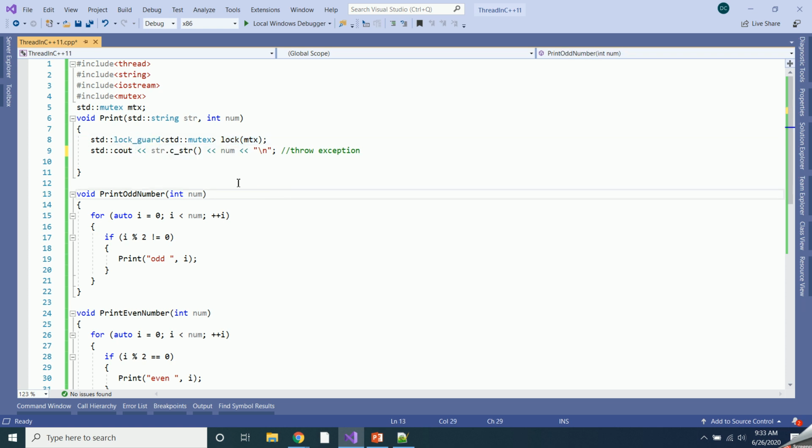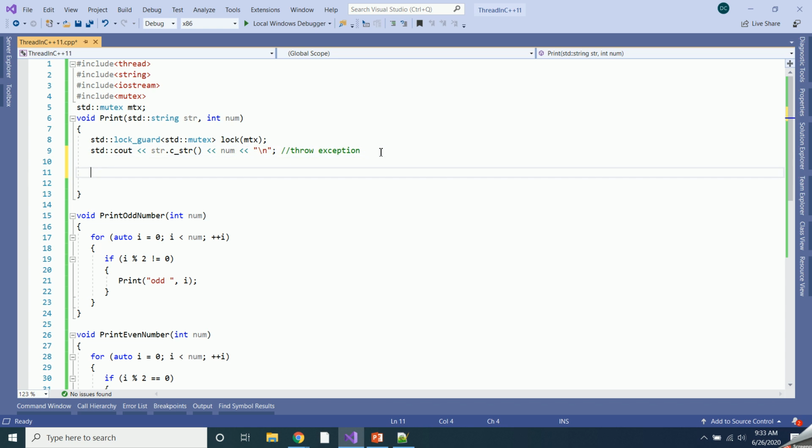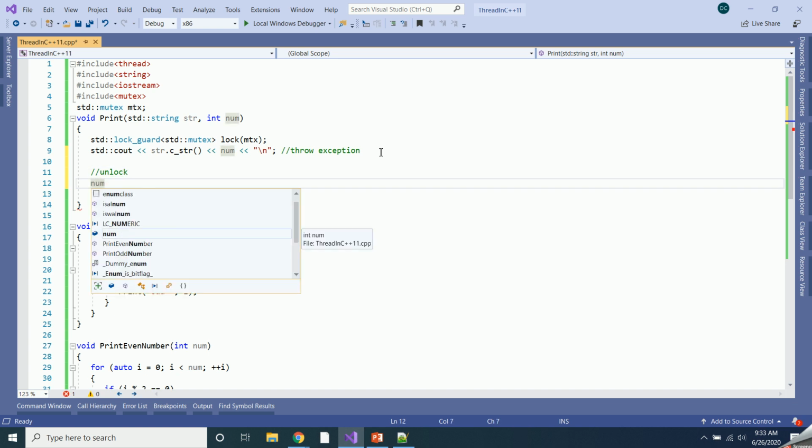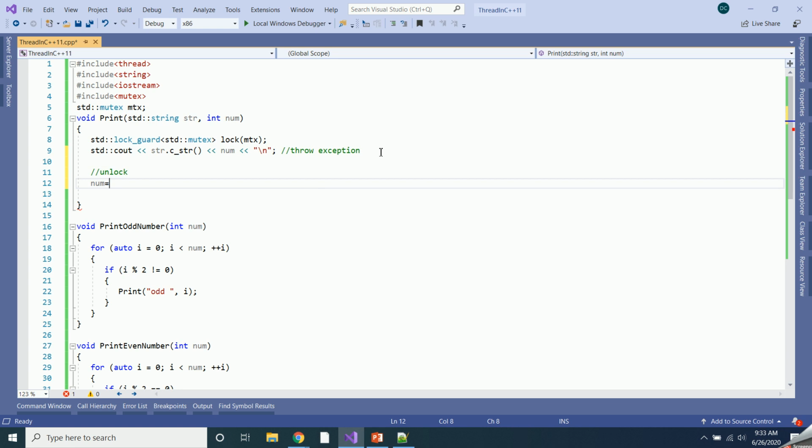Okay, but the problem with this lock guard is that suppose you want to perform some operation on this number, like suppose first you want to print it, and for that we have locked it, but now we want to unlock this and then perform some operation which is not shared between the threads, like num equal to num plus 9 plus 2.